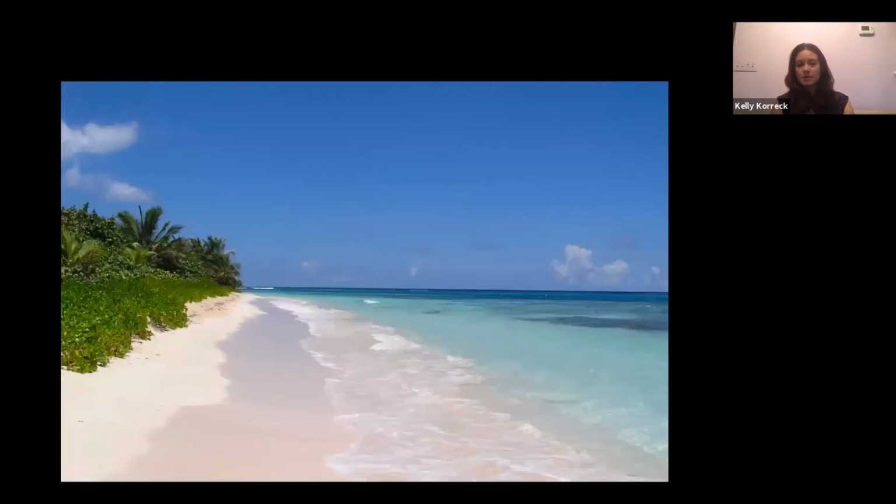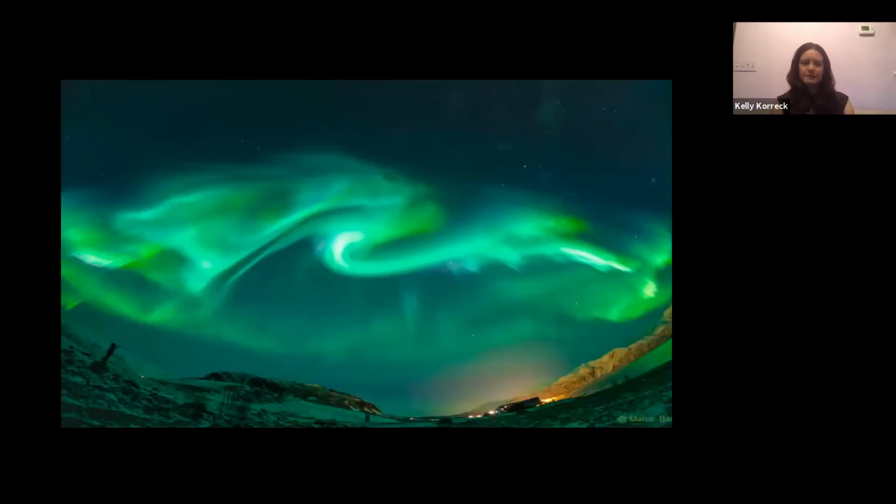It also gives us enjoyment, places to go like warm beaches when we can go on vacation, and just to warm us outside. It also puts on these amazing shows. I don't know how many have actually seen the Northern Lights or the Southern Lights, but the aurora are a beautiful phenomenon and a clue into the fact that we have a magnetically active sun. And so these are beautiful sheaths